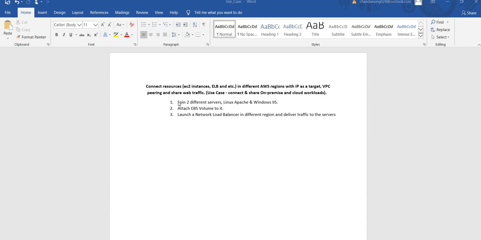The process that we are going to follow is to spin up two different servers, Linux Apache and Windows IIS, attach an EBS volume to it, and launch a network load balancer in a different region and deliver traffic to the servers from that ELB. So even before we start, let's look at one quick